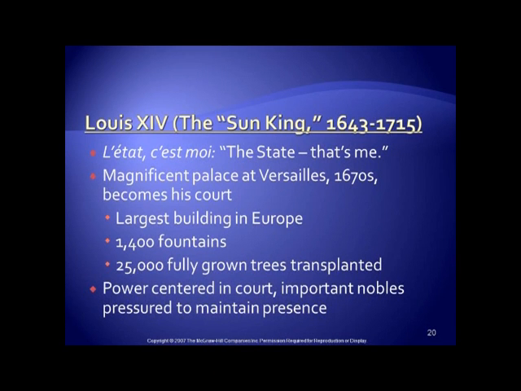Probably the best example of an absolute monarch is this guy, Louis the 14th. And let me just stop a moment and point out how you write his name in Roman numerals. In other words, the number 14. It's XIV. The reason this matters is because later in a later chapter, we're going to study also Louis the 16th, and because Roman numerals are awesome, 16 is XVI and 14 is XIV. So make sure you get that right.